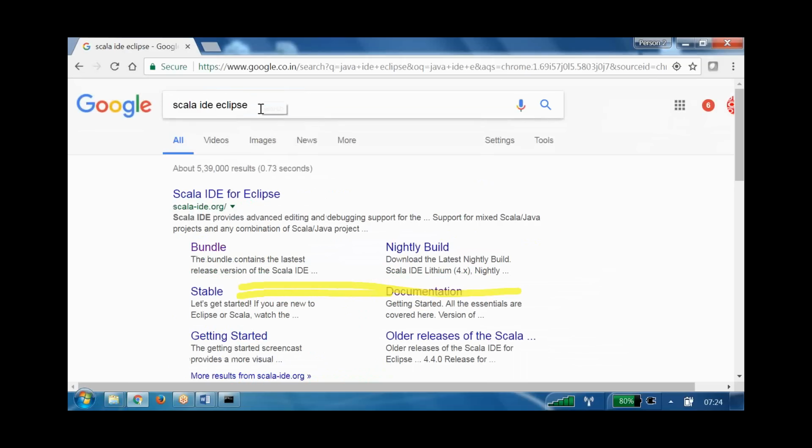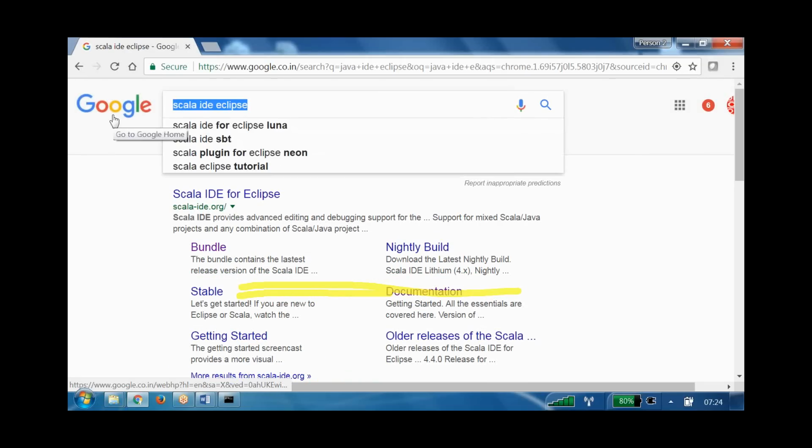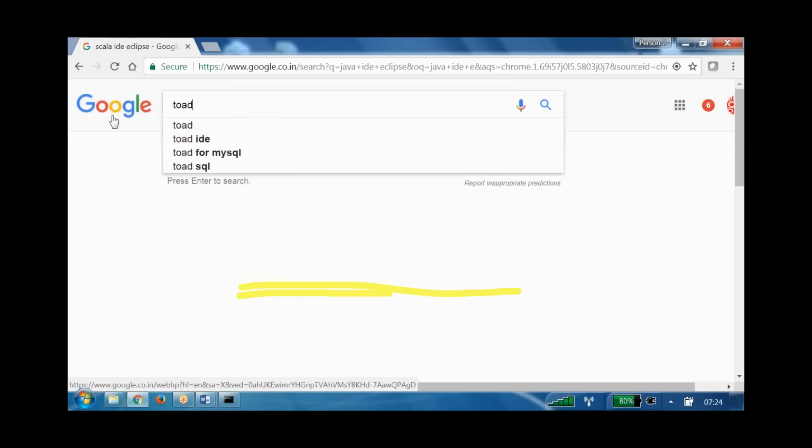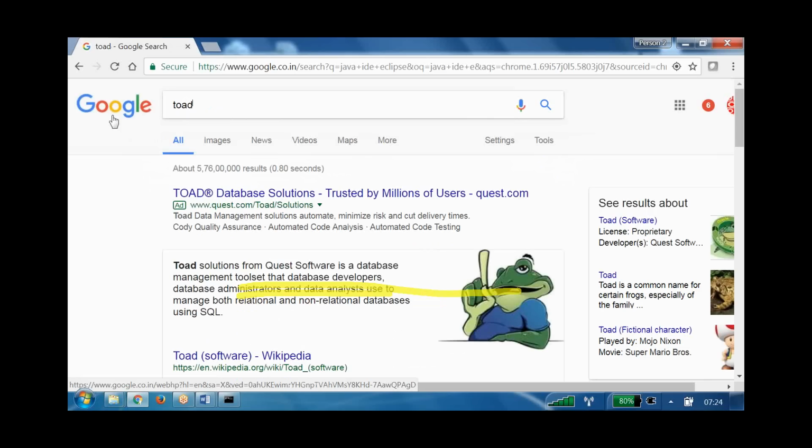Or in your own language, as you came from a database background, what is the job of the tool? To write SQL queries in a guided format. If you are typing some syntax, it highlights the keywords and gives the syntax of the function you are going to use.